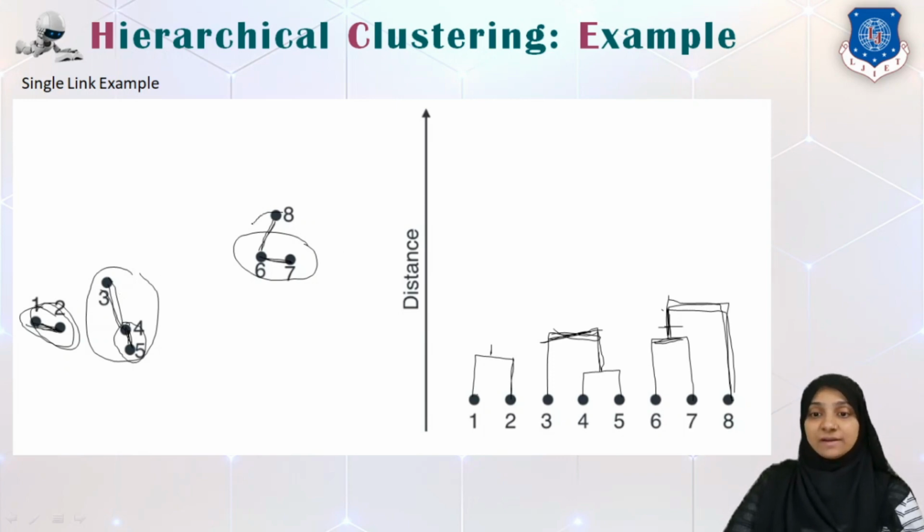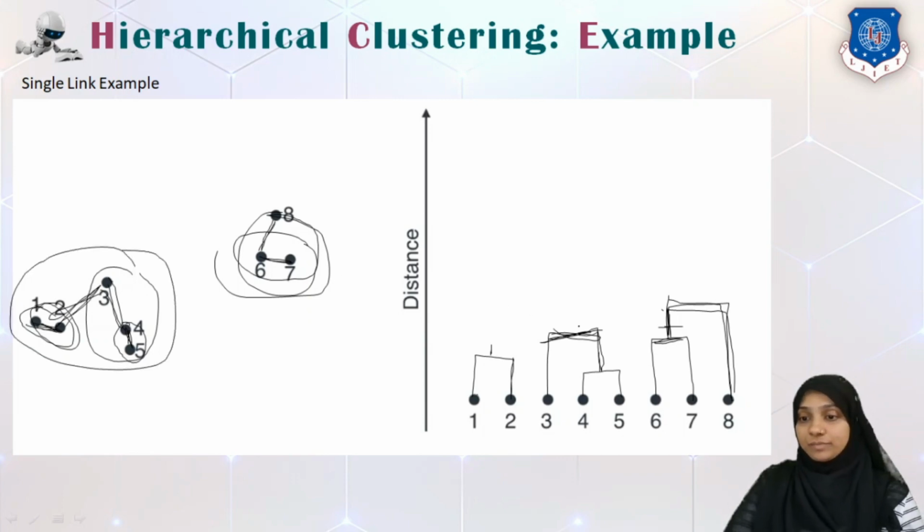Next, we have one cluster of 6, 7 and 8. Now I can either join 2 and 3 and make this cluster, or join 6 and 4 and make this cluster. Obviously 2 and 3 are closer to each other, so I will make this larger cluster. A cluster of 1 and 2 and 3, 4, 5 is now getting joined. Now this distance appears equivalent to the distance of my 6 and 7, as you can see, so I'm putting them both at the same height, for example.